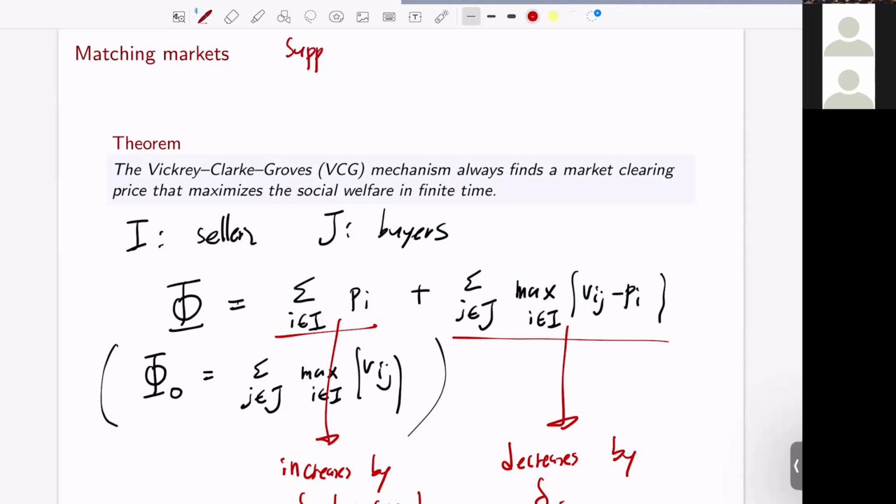Suppose that S buyers in a subset S run into a conflict,